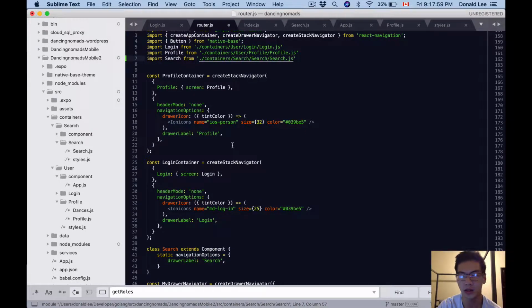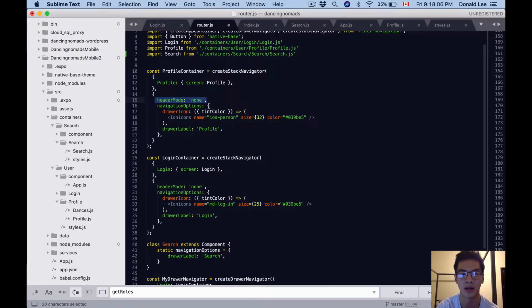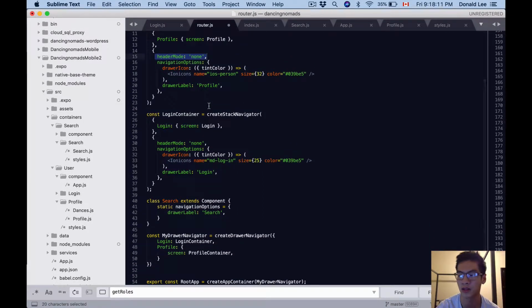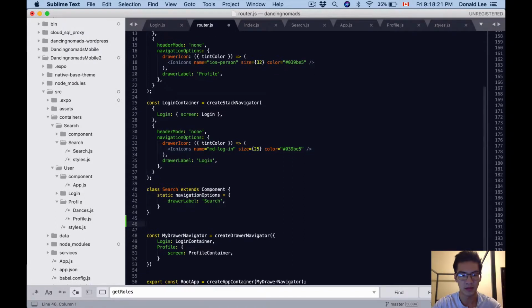So the next thing I want to do is let's make sure you have this header mode none, because in my commits, my references, I added that there, but it's already there for us, so we don't need to do anything. So the next thing I want you to do is we have this class search extends. We need to get rid of that, but instead of backspacing and deleting that, let's just make another one down here first. And we're going to do const search container equals create stack navigator like what we have above,